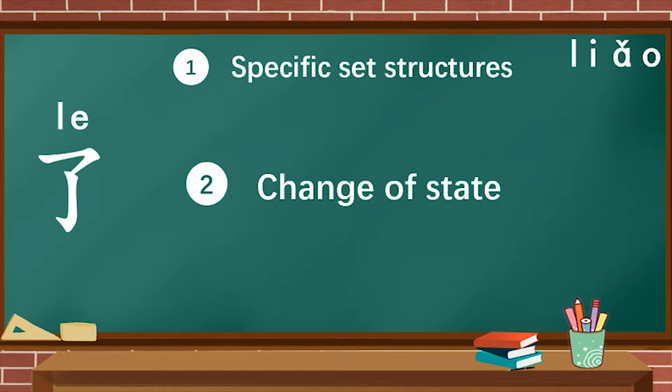This kind of le is used to indicate a new situation or change of state. It is used to draw attention to the fact that the situation now is different compared to before. In English, it might be expressed with "now" or "it is now the case." And it is only used at the end of the sentence. So we also call this le the sentence le. For example,